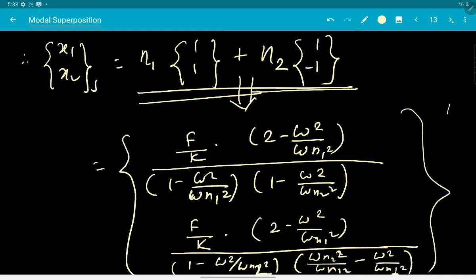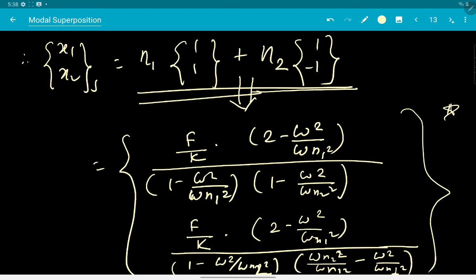You just try and check whether it comes out to be the identical one. So this is the task that is left at your end. You will be doing it. Otherwise I would have done it, but it would have been really boring to carry out all those algebraic manipulations. You can do it at your end and check if it comes out to be that way.